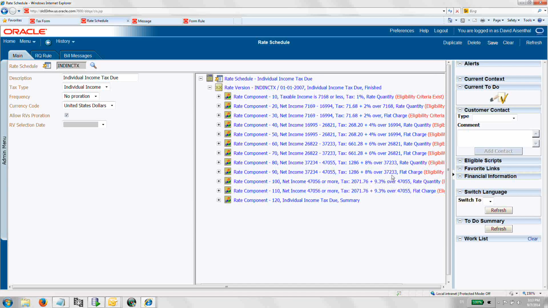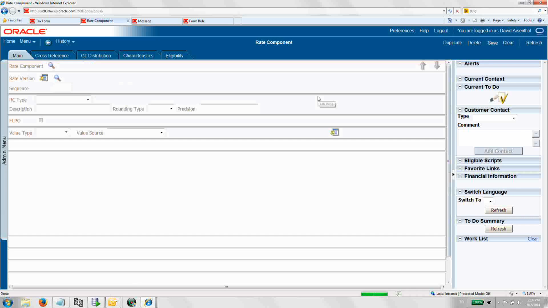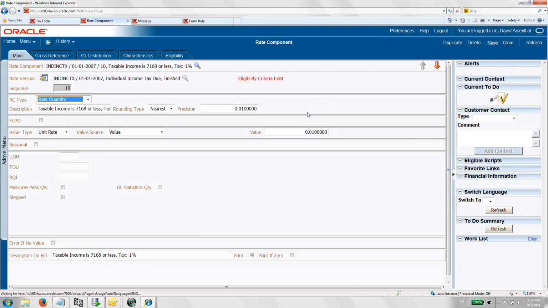So we made 40x amount, and therefore it will make calculations based upon all these different components. And if I looked at one particular one, I'm not going to go into the details of rate schedules right this moment. You will see that this net income is actually fed in here, called the RQI. Okay, so